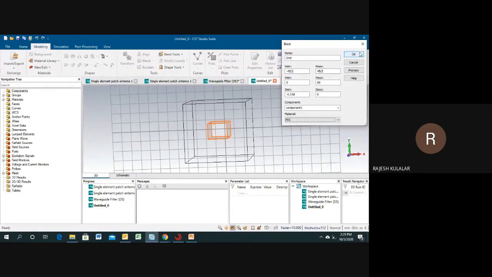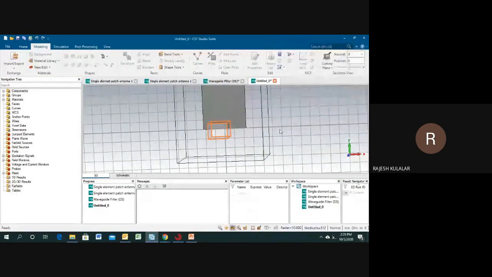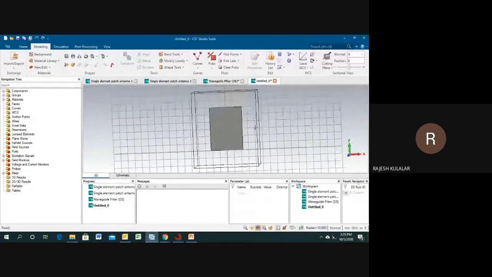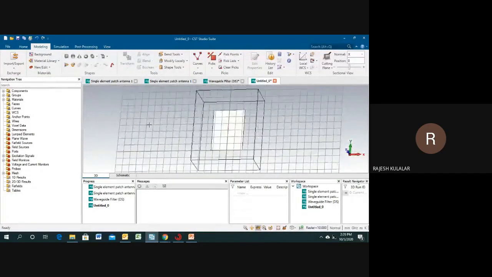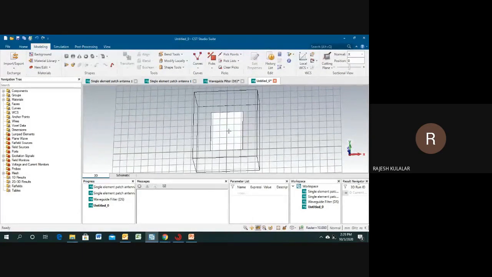So let's suppose this one is a brick. X min is defined like this, minus 45 by 2, 45 by 2, and Y. Now just click on that. Actually, I am selecting the material for the ground as a PEC. Otherwise, you can select copper also. Copper or lead, it doesn't matter. The result will come the same. So just click on OK. Okay, this one is a copper, and now I will show you the interface of the extrude face.